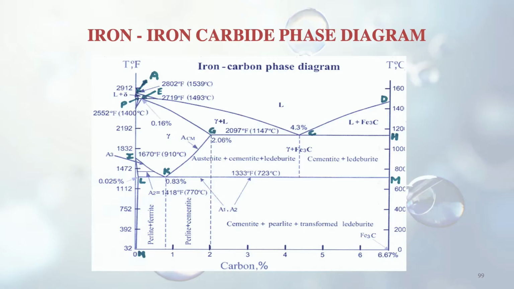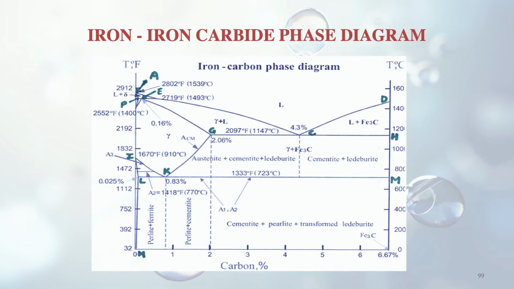So here you see the iron carbon phase diagram. This is a very important diagram with respect to steels, and we can know about the different types of alloys and how, due to the carbon percentage variation, different types of steels can be made. Suppose I start from a point around 1539 degrees centigrade. On the left side you can see the temperature on the Fahrenheit scale, and on the centigrade scale it is about 1539 degrees centigrade. Suppose the carbon present is around 0.4%.